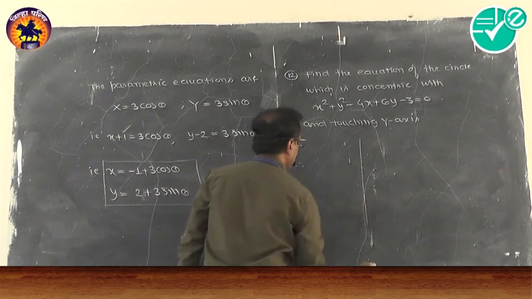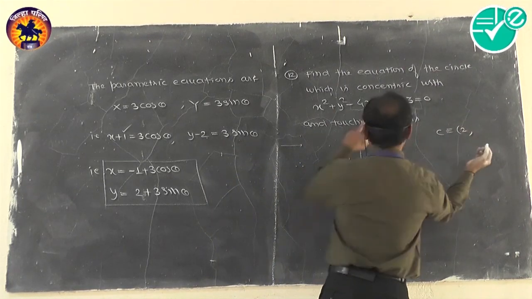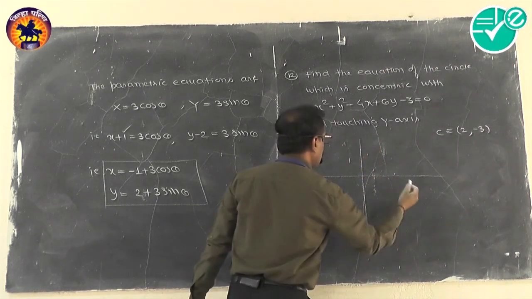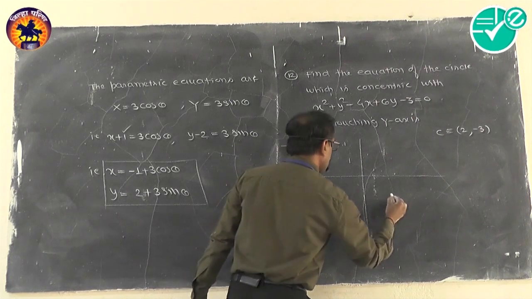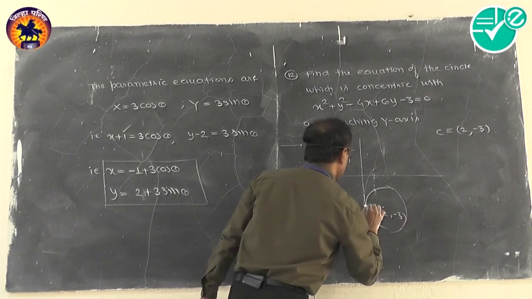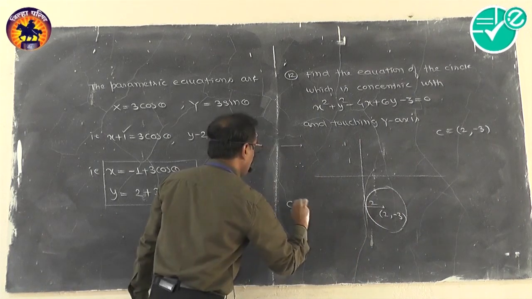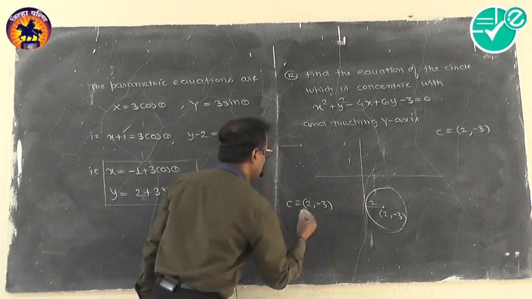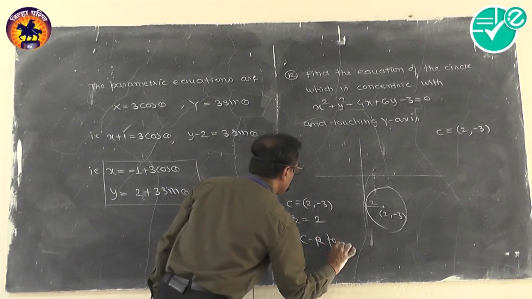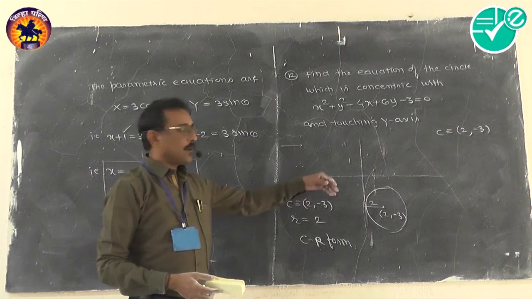Now we'll write fast. If it is asked, what is the center of the circle? It is 2 comma, make a half, it is 2 comma minus 3, a point in which quadrant? 4th, and it is touching the y axis, so we have to draw like this. This is the figure for the circle. The center is 2 comma minus 3, and if we find this distance, what is the radius? Radius equal to 2. Now it is for practice. The center is 2 comma minus 3 and radius is 2. Which form do we have to continue? That is center radius form, and get the required equation of the circle. It is for practice actually.